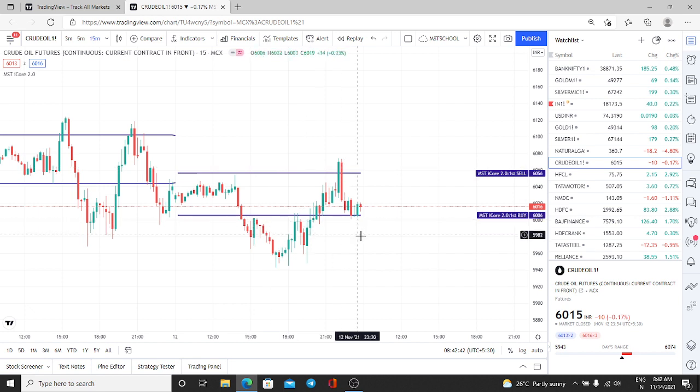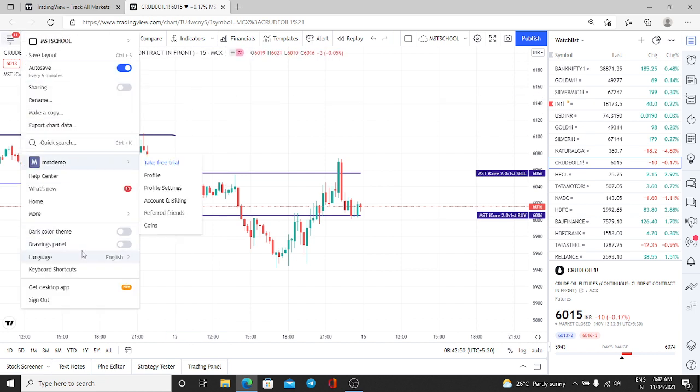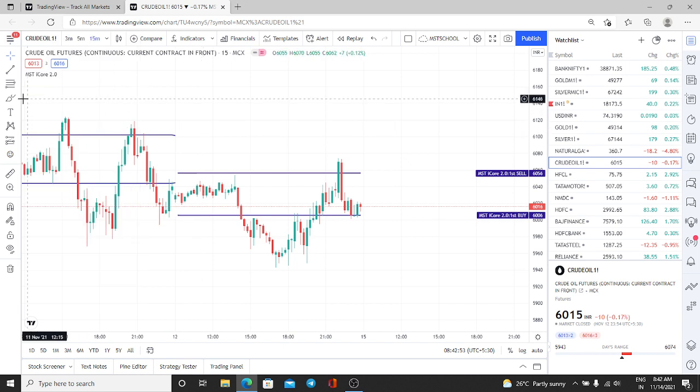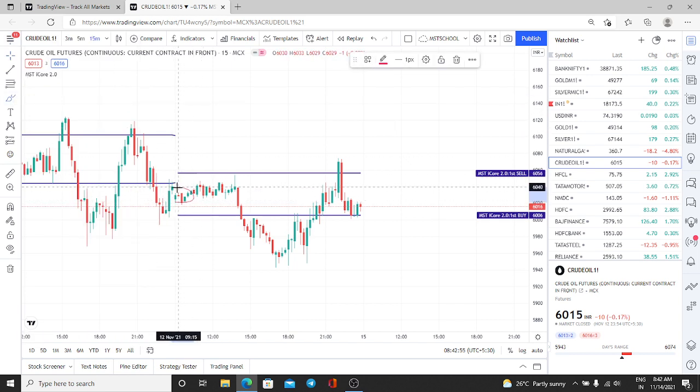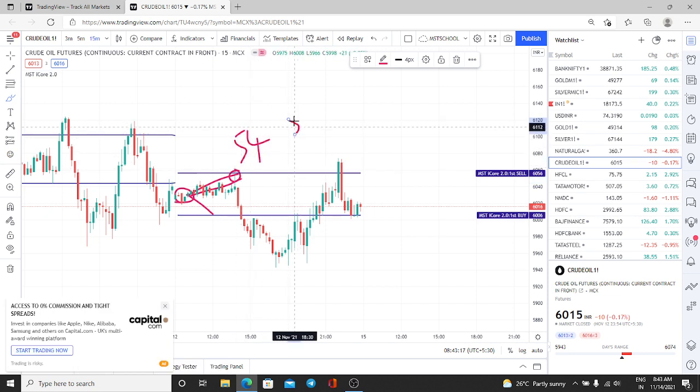In the morning, two lines will be drawn by default: one is first sell, another is first buy. We have to wait for the market to reach either side. The market has opened here; either it has to come down or it has to go up. The market has not come down to touch our buy entry, but it has touched our sell entry. The exact high was 54 and our sell entry was 56, so there is a 2 point difference.